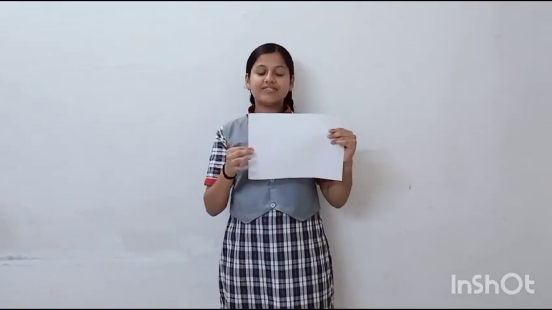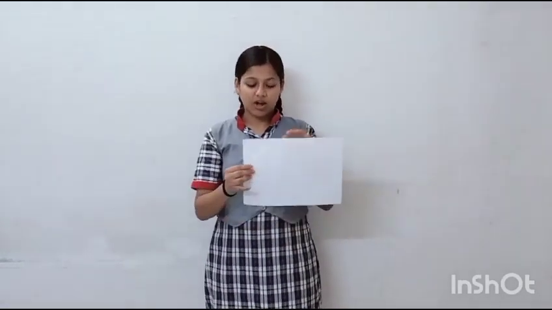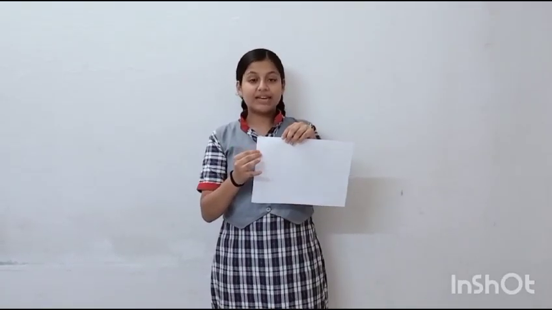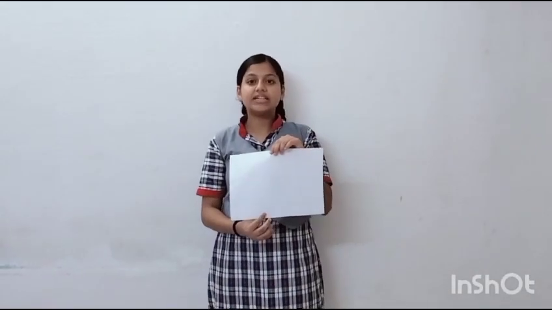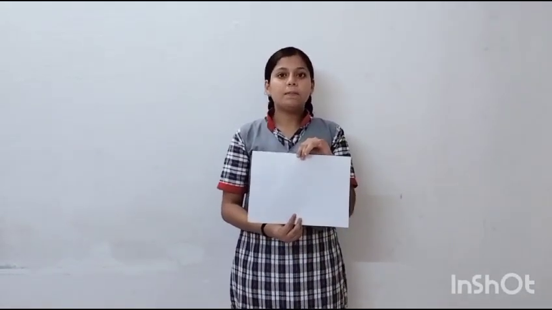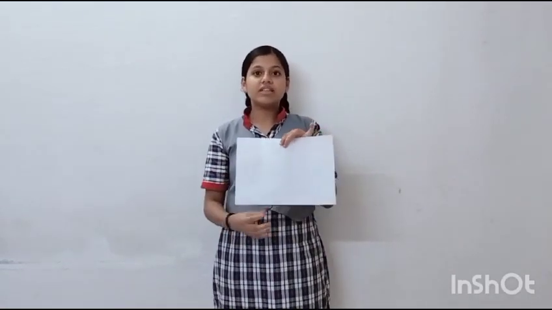We are going to do an activity based on limits. This is a rectangle. Let us consider the width of the rectangle to be W and the length of the rectangle to be L. Consider the perimeter of this rectangle to be 36 inches. Now, the perimeter formula is 2 into L plus W equal to the perimeter, which is given as 36. Now 2L plus 2W equals 36. When we simplify it, we get L equal to 18 minus W. Now we will put various values in this equation and find the area of this rectangle.